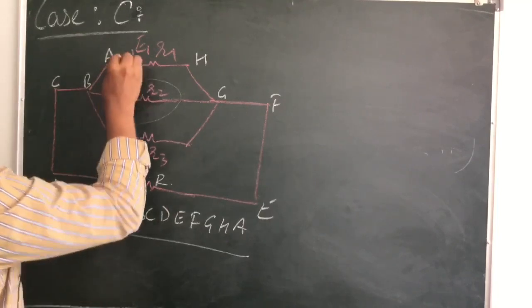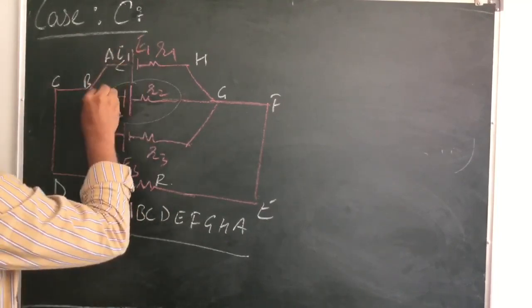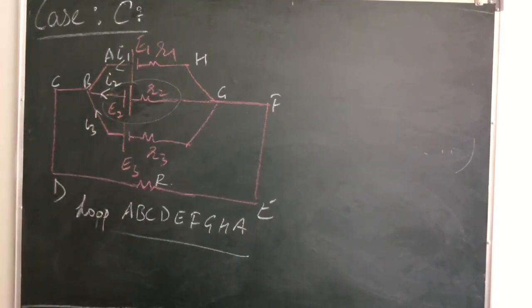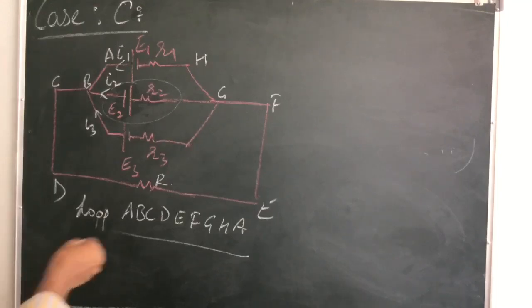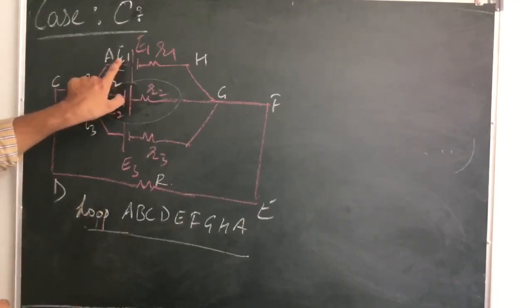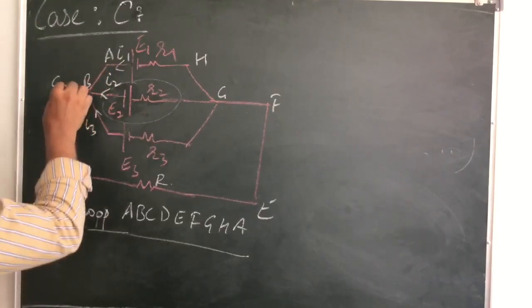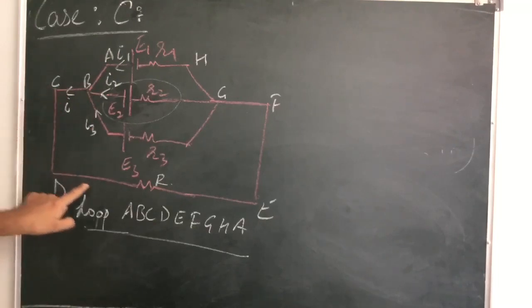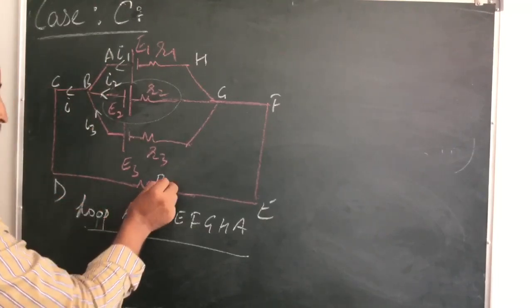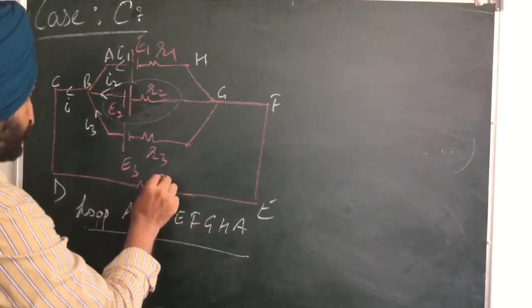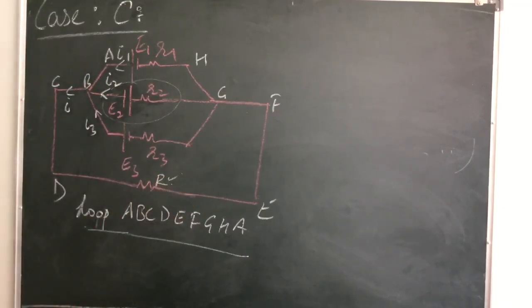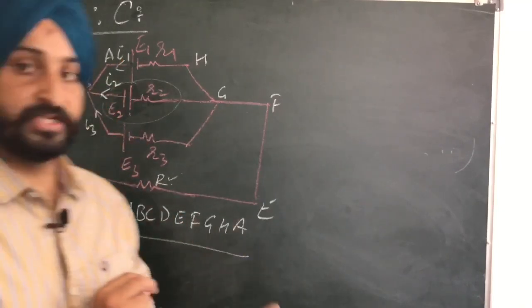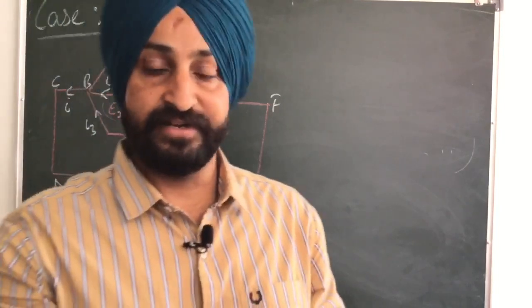So let the current coming from this arm be I1, current coming from this arm be I2, and let the current coming from this arm be I3. So for the first arm, I1 current is flowing in this direction, but here the total current will become the summation of all the currents, that is I. So now current I will flow in this arm. So here I get this resistor whose resistance is R, external resistance. So I am basically moving from high potential to low potential. See, only one cell is connected in opposite order. Still the other cells are connected in the same order.